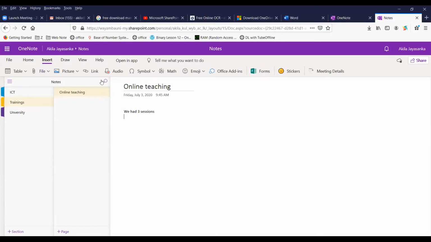Okay. So again, if you have the 365 app on your mobile phone and other devices, you can access the same notebook. So the important thing is, if you are going to a meeting or somewhere, you can just keep a note with your mobile. So you don't have to carry your notebook, pen, and everything with you. You just need your smartphone all the time. That's all. So this OneNote is designed to keep notes, right?